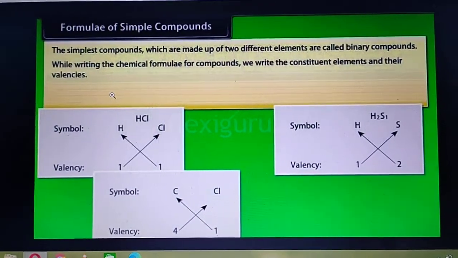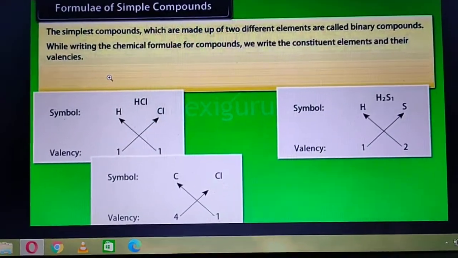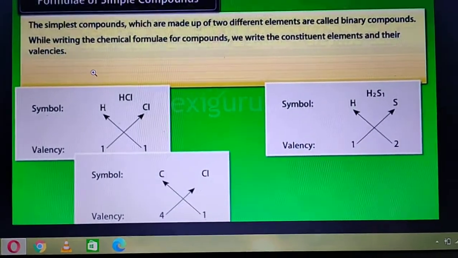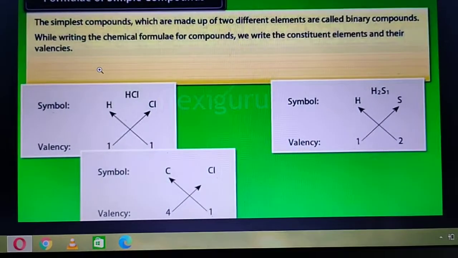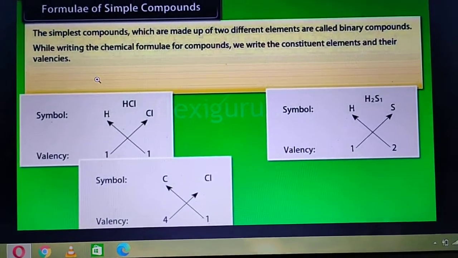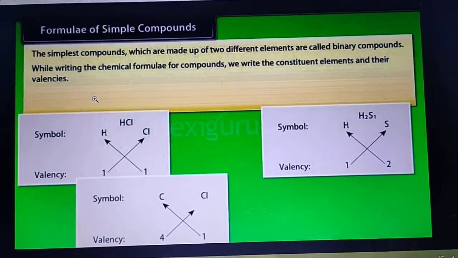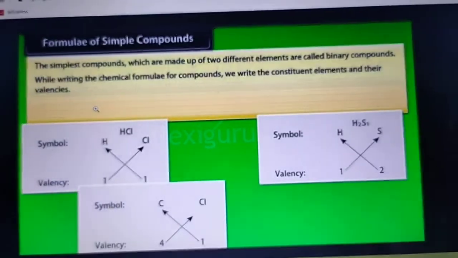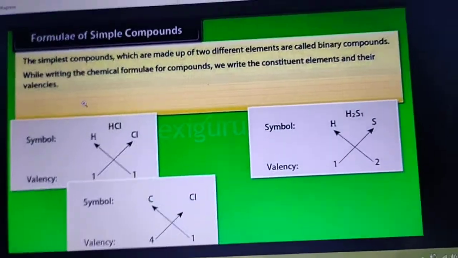Now certain elements and covalent compounds exist as discrete molecules, and can be described by their molecular formula. In ionic compounds like NaCl, there is no discrete molecule. Therefore ionic compounds are described by their stoichiometric formula. Now the stoichiometric formula is also called the empirical formula. These things you will learn in higher classes. Now let's discuss the molecular formula.